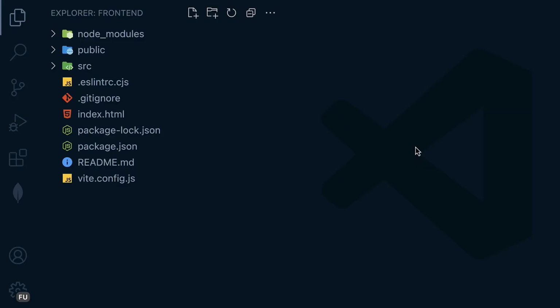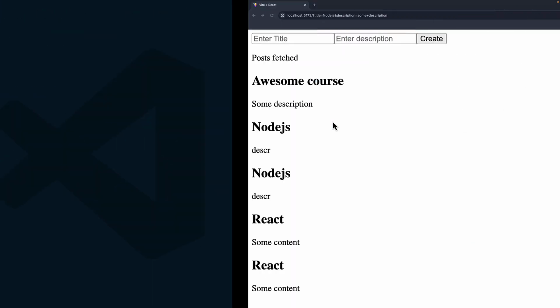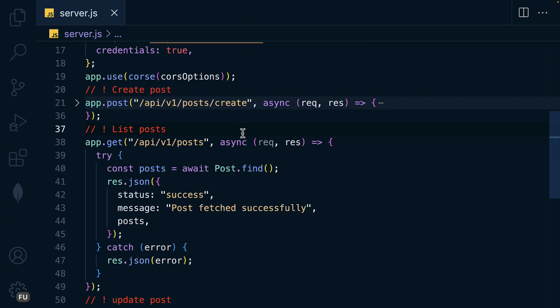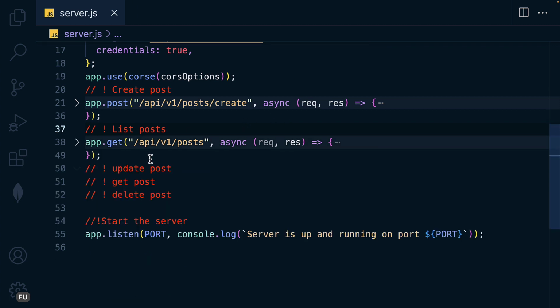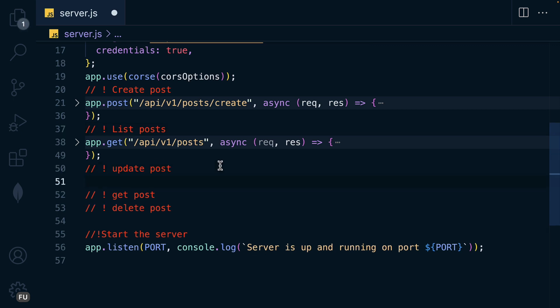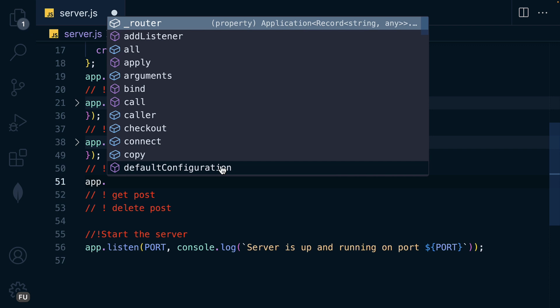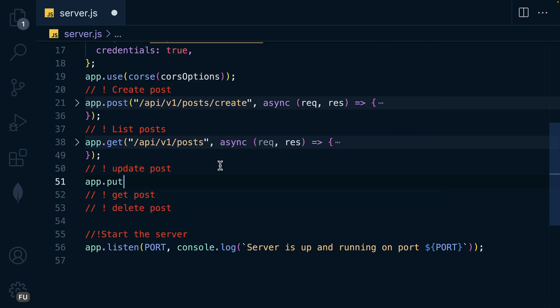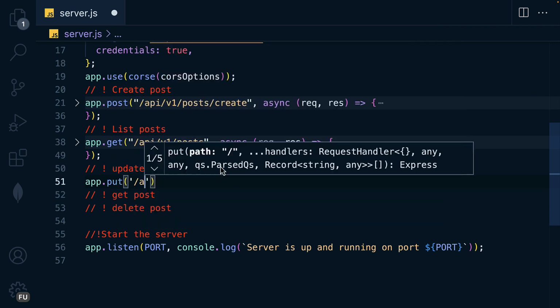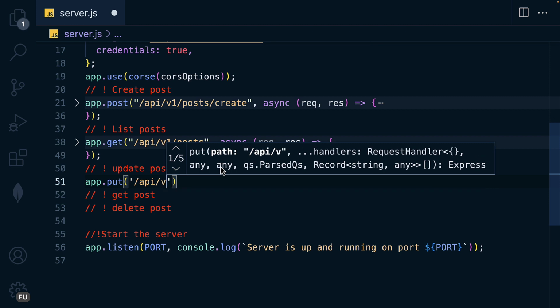The next feature that we are going to add is update and delete. So let's get back to the backend and let's implement that. So this one is for the listing of all posts, and this one is for update. So here we're going to use the app.put method for updating a document, and we're going to provide the API version 1